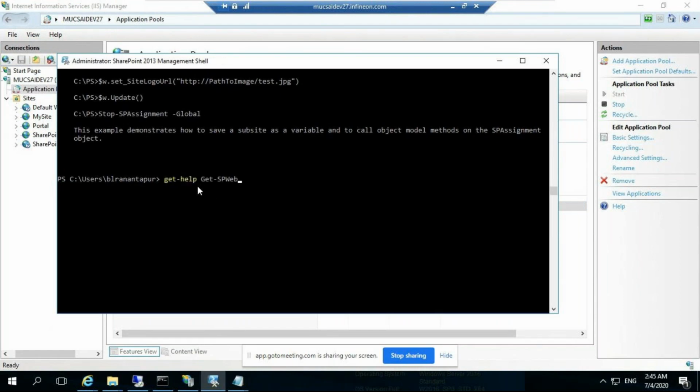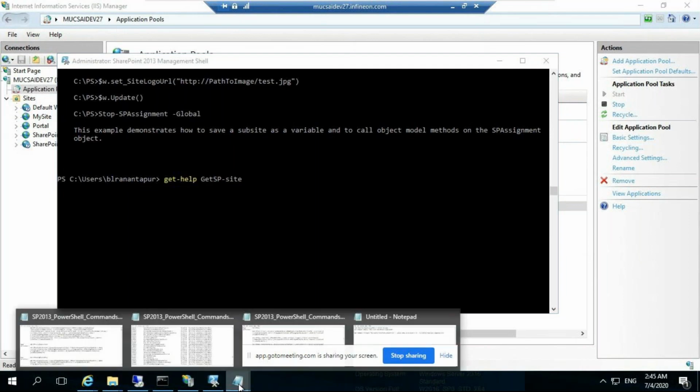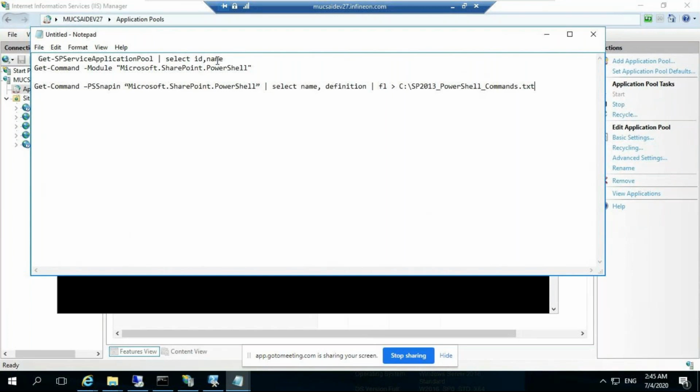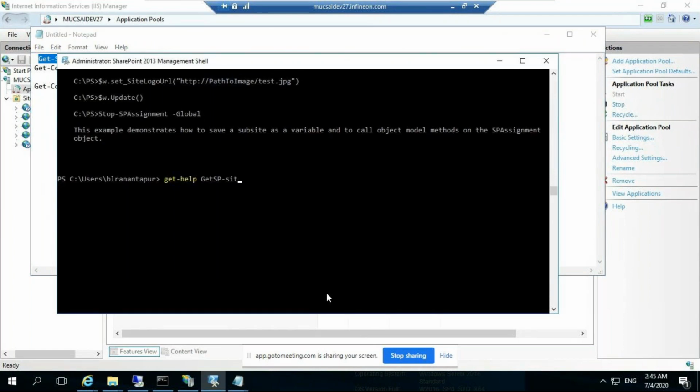The service application app pool name is not readable, right? We are unable to find which app pool is assigned to which service.